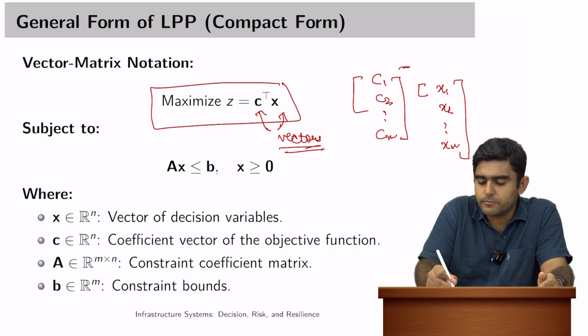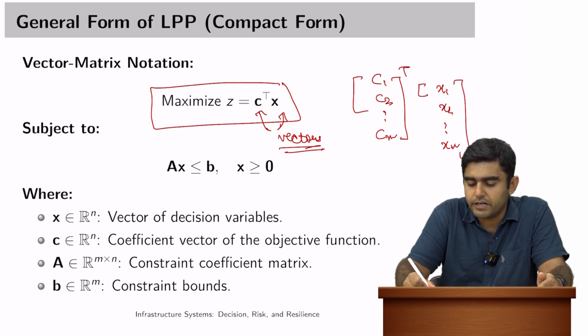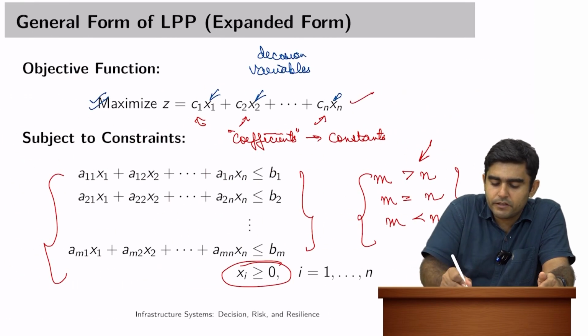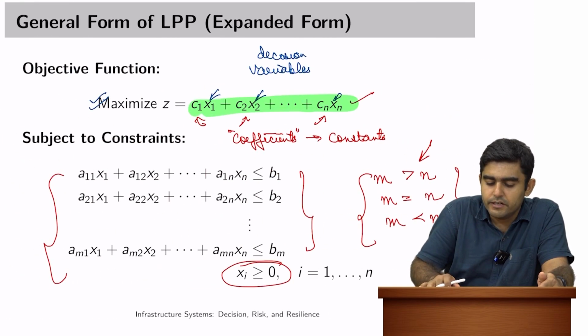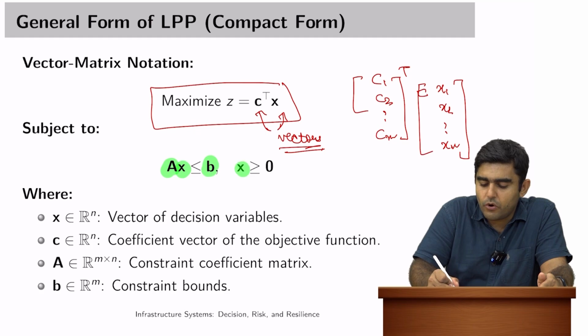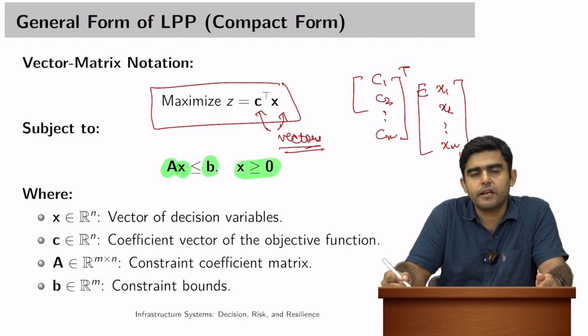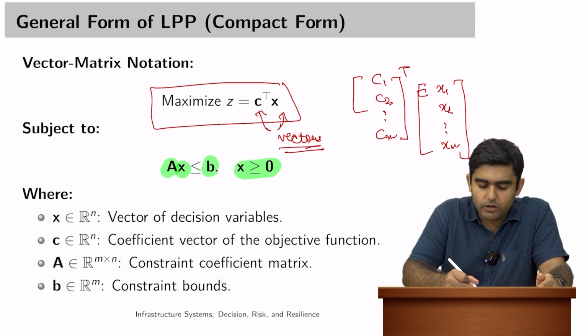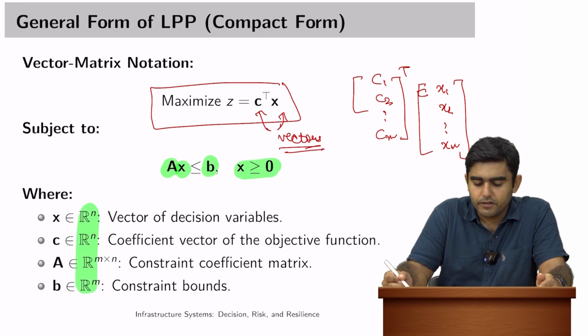So if we take the transpose of c and multiply it by x, we should recover the expanded form that we discussed earlier. Similarly, we can write all these constraints in the compact form as Ax less than equal to b, where A is the matrix, x is the vector, and b is also a vector, and all the positivity constraints encapsulated in the form of a vector, that all x should be greater than equal to 0, and all these problems are defined on the real domain